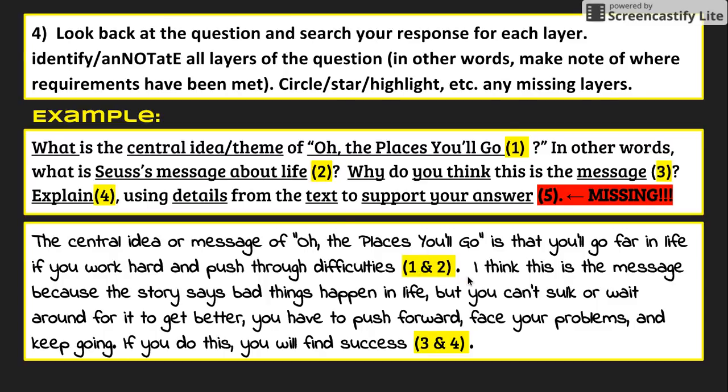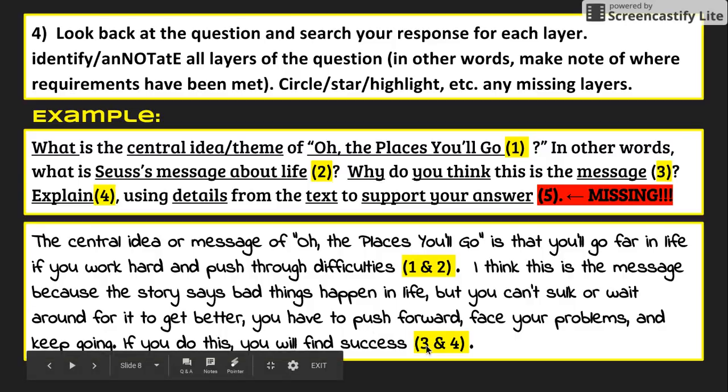Looking to the next sentence, it says, I think this is the message because the story says bad things happen in life, but you can't sulk or wait around for it to get better. You have to push forward, face your problems, and keep going. If you do this, you will find success. Okay, so if you look up here, it says that these two sentences satisfy layers 3 and 4, and they do. They satisfy layer 3. It says